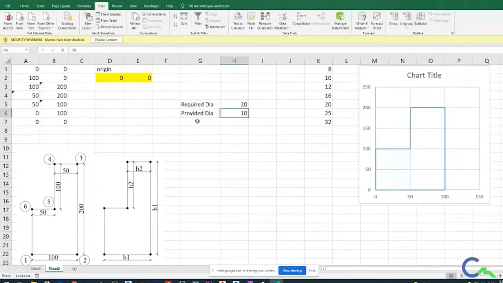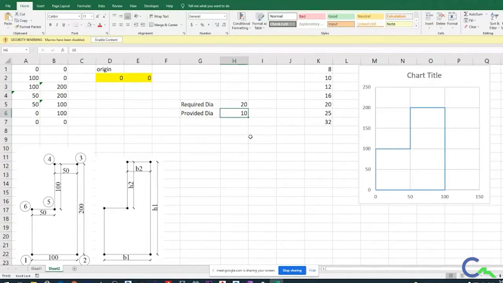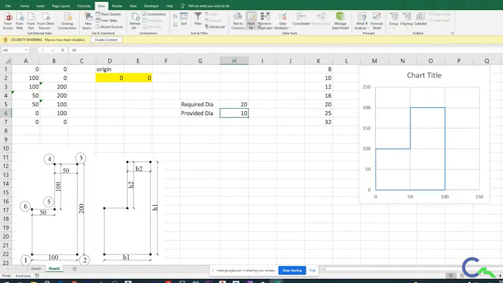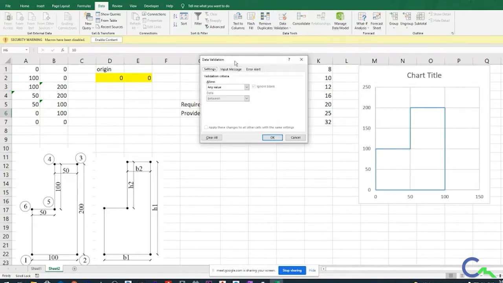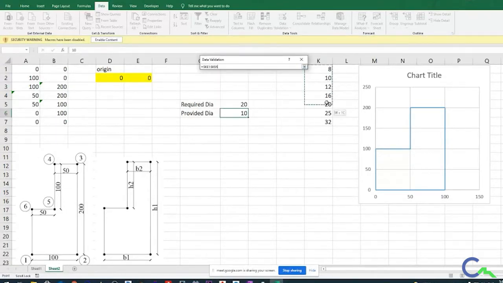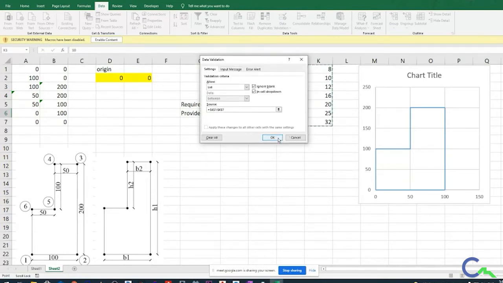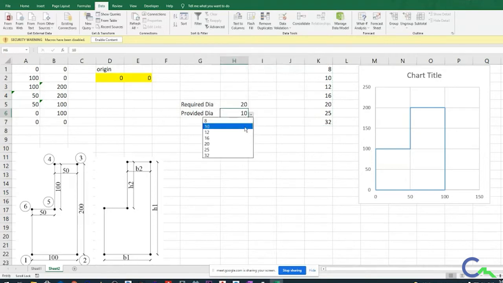One more option here, what I will do is I will select from these cells. Initially I will be in home, so I will select on this cell, then I will go to data tab. In that, go to data validation. Click on that first option. Here select list, and here instead of giving the value by giving comma, I will go for this icon. Then I will select from the Excel sheet like this. I will drag this one, then I will click enter, then click OK. So now I will get that list.